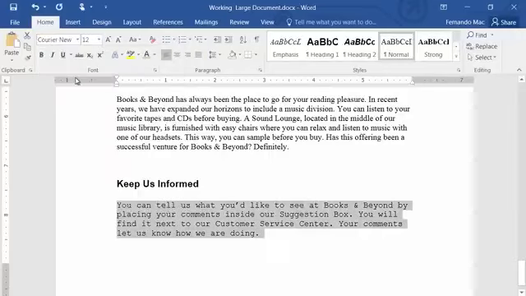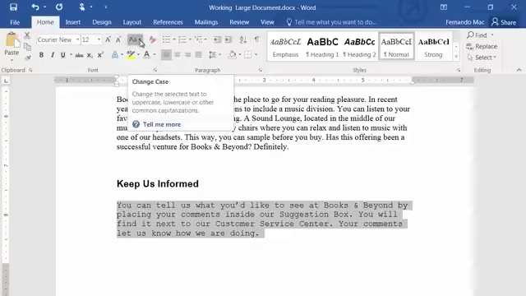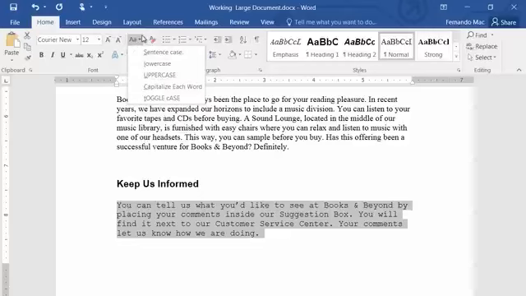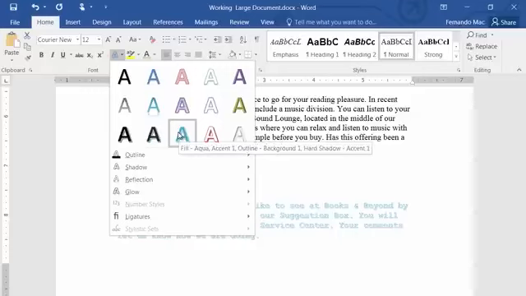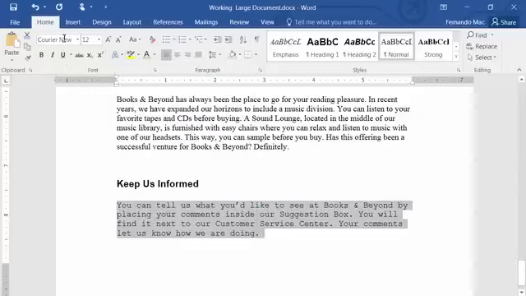I'm clicking on it. So I can change the font, I can change the color. I've got all kinds of formatting features here. Make the font a little bigger, a little smaller. There's a button here that I can make everything uppercase or lowercase. We've got some fancy schmancy word art, it's called, with all kinds of reflections and glowing features and so forth. Pretty much everything up here in the font group is kind of fun to play with, but you have to select the text first. So what I just did was I selected that last paragraph and I changed its font